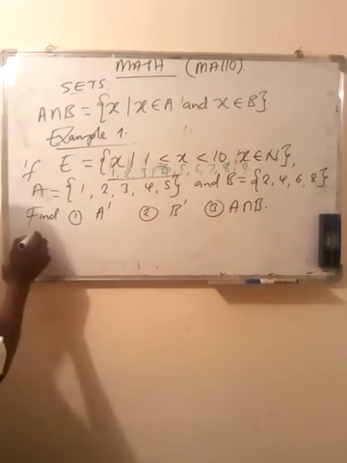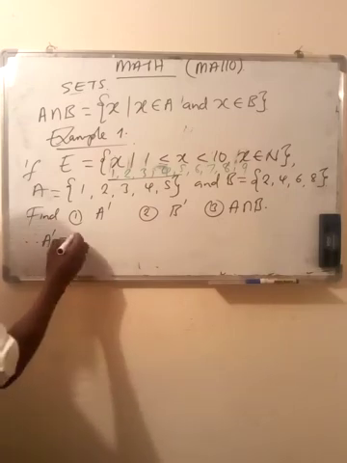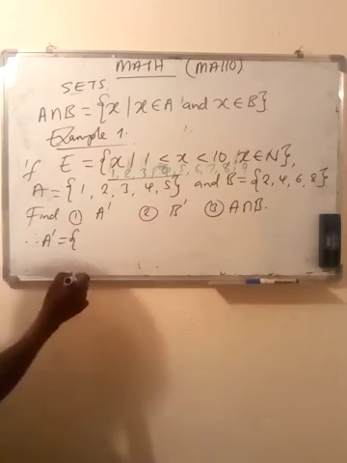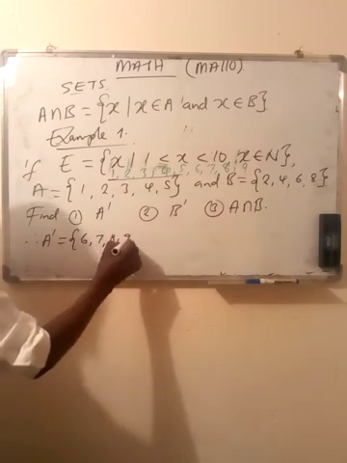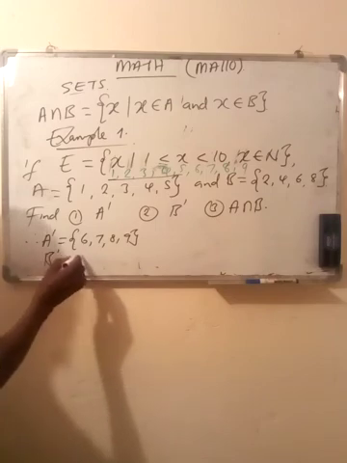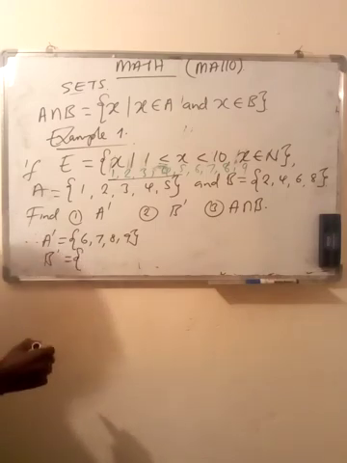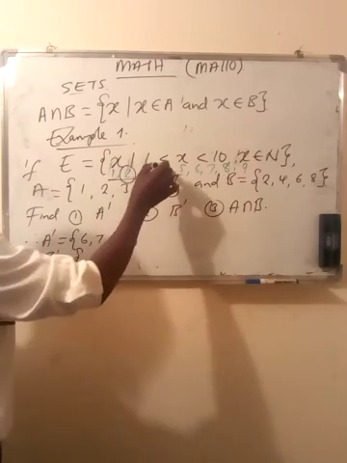That is A complement. For B complement, we're going to cancel out 2, 4, 6, and 8. So B complement is going to be 1, 3, 5,